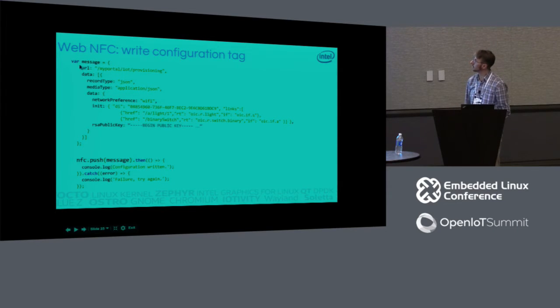And the message has been prepared so that it has a URL that can be filtered by the receiving end. And those are the watches. And that would be my portal IoT provisioning. And then it has the data, which in our case I've been using JSON or text. And it has a media type and has the proper data. So I included there network preference,